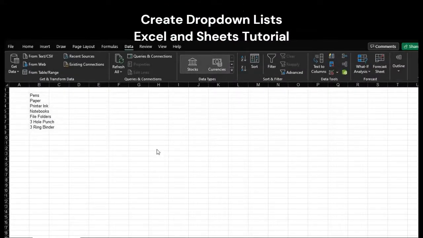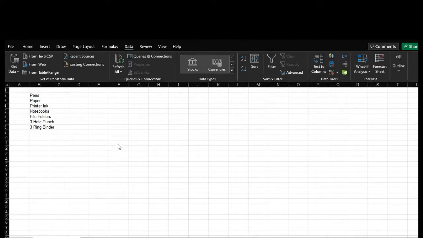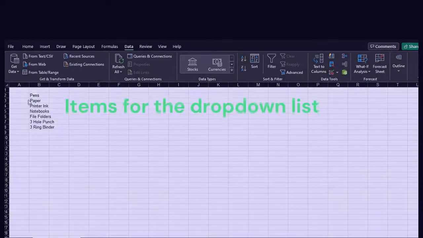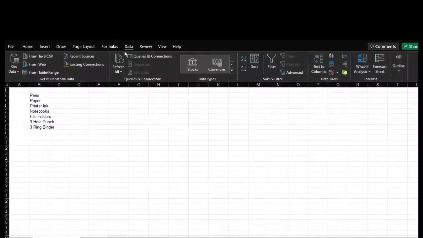how to create drop-down lists in both Microsoft Excel and Google Sheets. So let's get started. You can see here that I've already made a list of things here to use, and